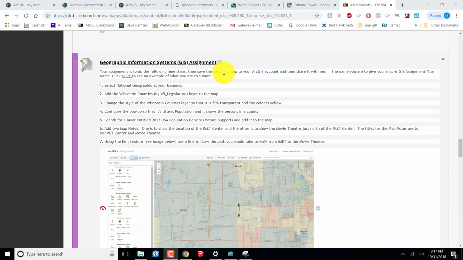Hello, we're going to see how to complete this assignment on Geographic Information Systems. This is going to be going into GIS Online, selecting the National Geographic as the base map, adding the Wisconsin Counties layer, changing the style of the Wisconsin Counties layer so that it's 50% transparent and making the color yellow, then configuring the pop-up so that its title is population and it shows the persons in a county,